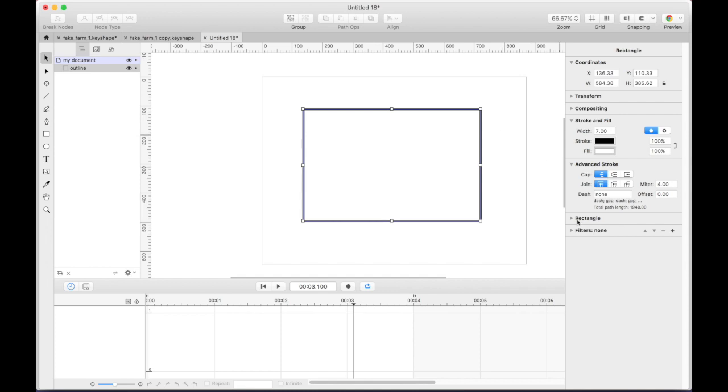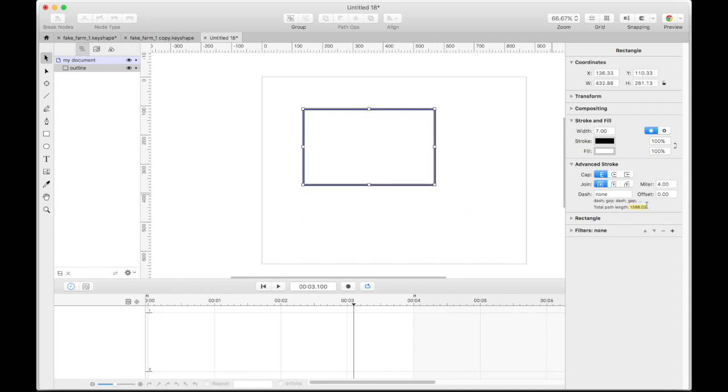Now, again, I attribute Juan's great outline of font video to teaching me this next technique. What happens is, now you have to pay attention in advanced stroke. This says total path length down here, and it tells you the total path length is 1940. And if I change that, you'll see that that's a live update.